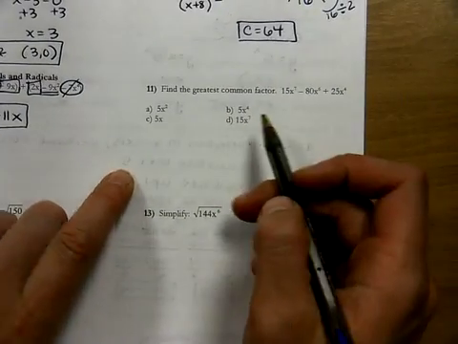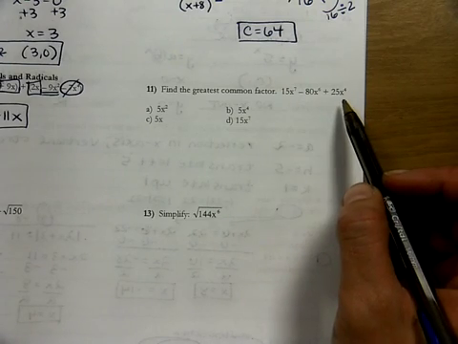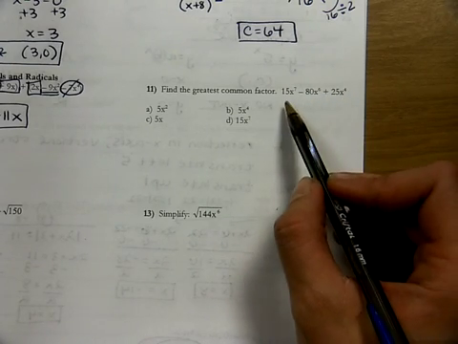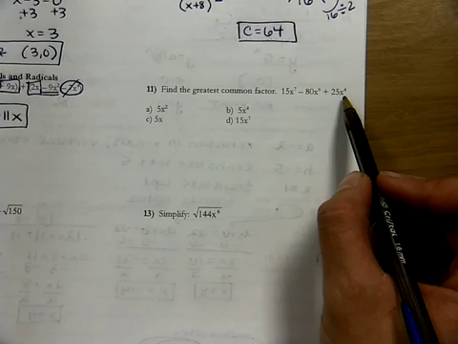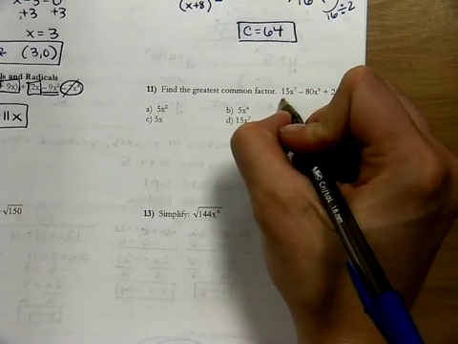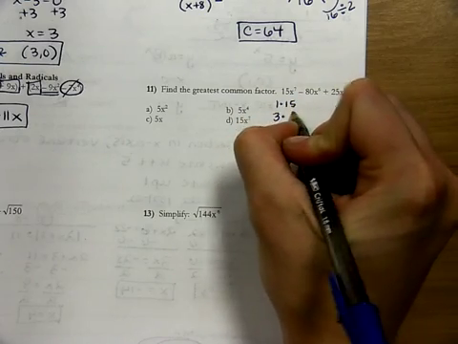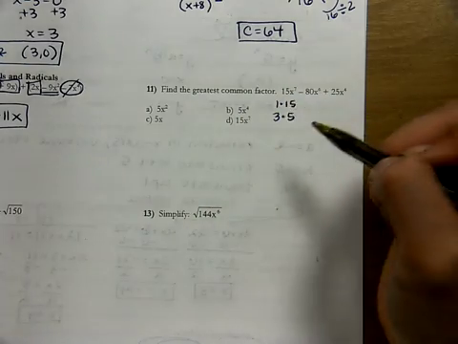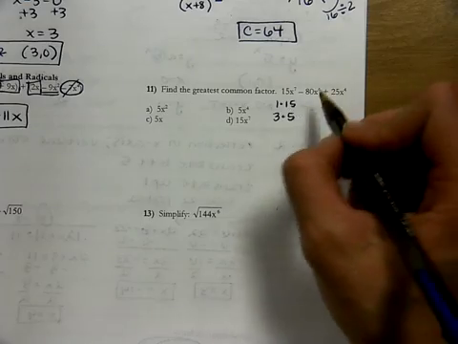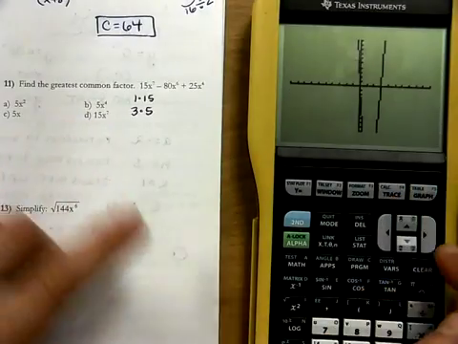Looking down here, it says find the greatest common factor. Well, we have 3 terms, so I've got to find a common factor of all of these. So I can list all the factors of each of these, or I can look at the lowest number. I know 15 is only divisible by 1, 15, 3, and 5. These are the only possibilities for 15. So let's look at these other ones. I'm thinking, well, which number is 80 divisible by? Well, looking over here,